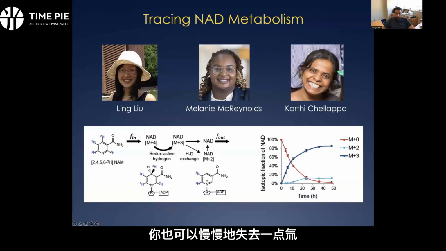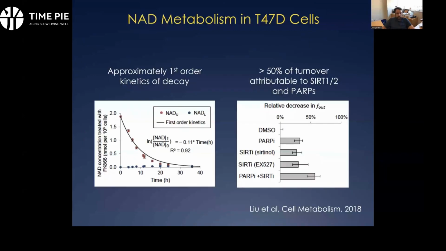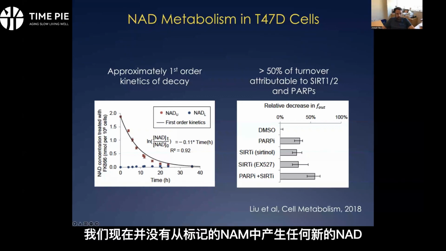You also can slowly lose a little bit of this deuterium as well. And that's accounting for this mass plus 2, which is a minority component that we don't usually pay too much attention to over shorter experiments. And so when we use this system, we can learn a couple of things pretty quickly in cell culture. In this case, we've just inhibited NAD synthesis and watched the decay of the unlabeled NAD. So the label here is really just showing you that we're not making any new NAD from the labeled nicotinamide